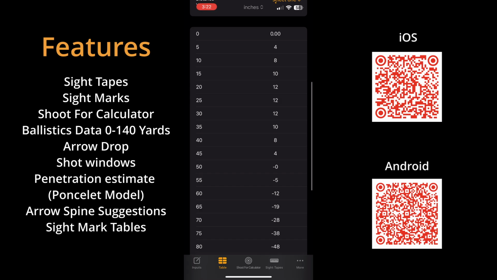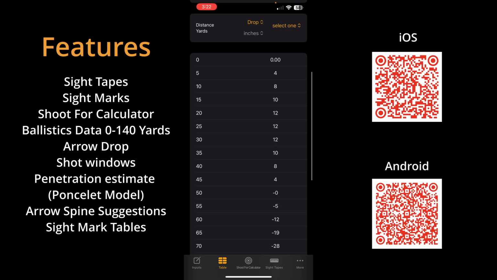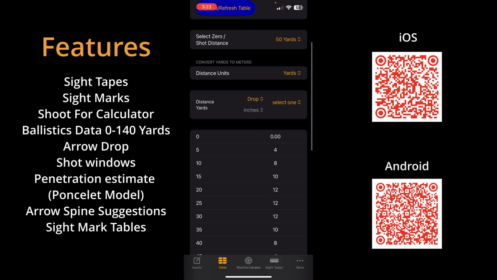This makes our drop 0 at 50 and calculates the arrow path relative to that being 0. So in this case, our arrow starts at 0 at the bow, climbs to 12 inches, and drops back to 0 at 50 yards. So I need a 12-inch window to shoot a 50-yard target with this particular setup. I also know that if my target is 5 yards shorter or 5 yards longer, that if it's short, I'll hit 4 inches high, and if it's long, I'll hit 5 inches low. Very useful information when you're considering your effective range if you have a target that is at an